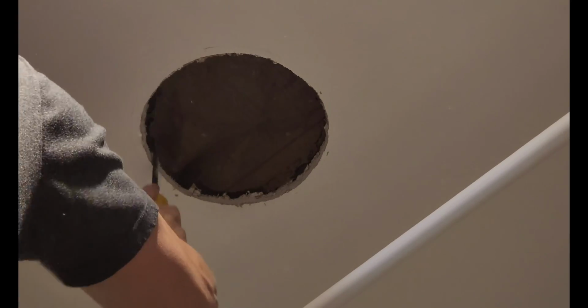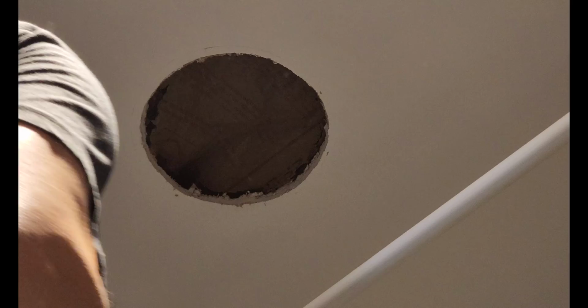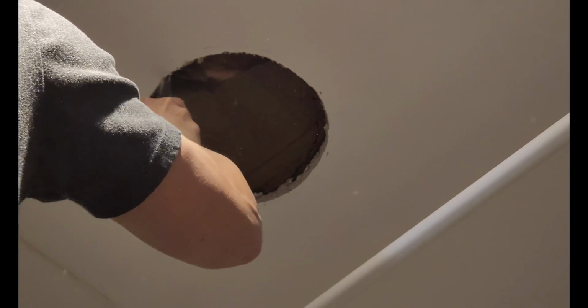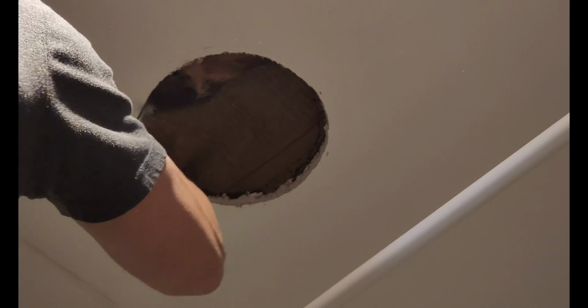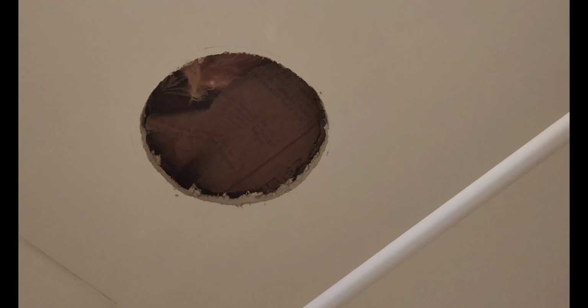So, take off a little bit. Remember to keep your knife straight. I make that mistake all the time. Your knife has to be up and down, or you're actually cutting an angle into the drywall. Okay, so we made a complete mess. I'm covered with drywall dust. And let's see if that is closer to fitting. I've done probably 1,000 of these in my